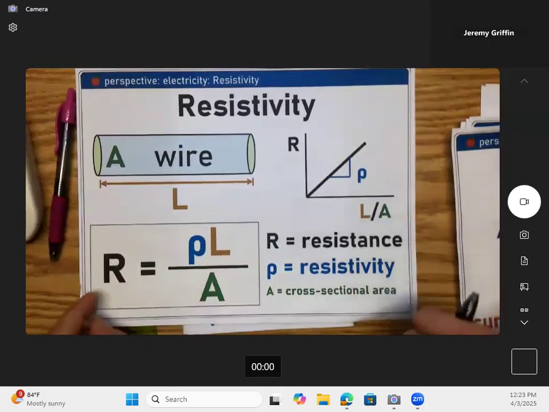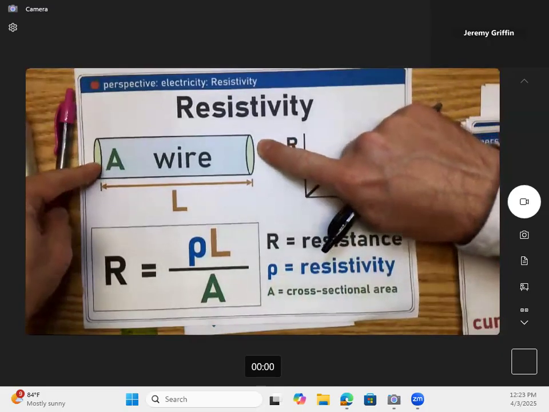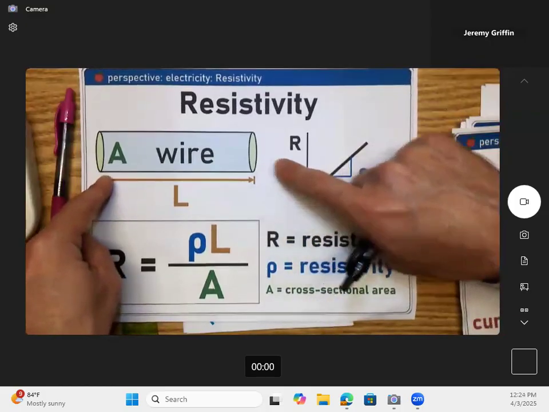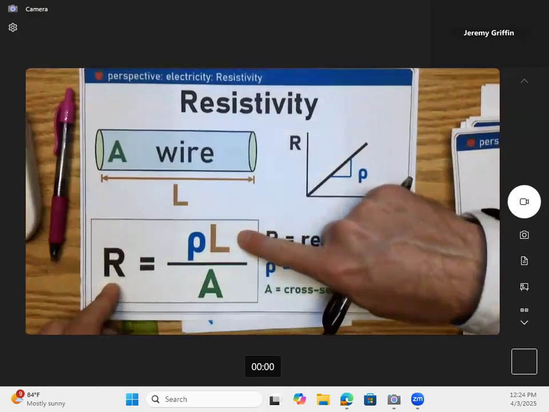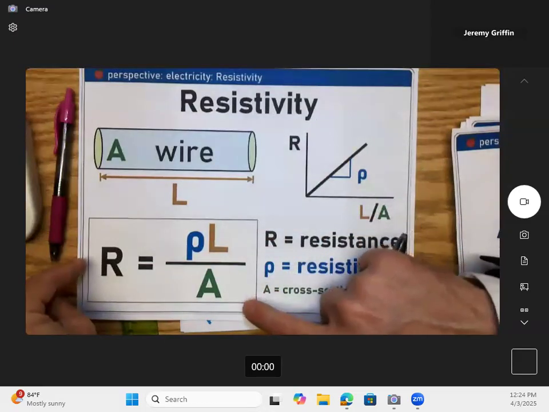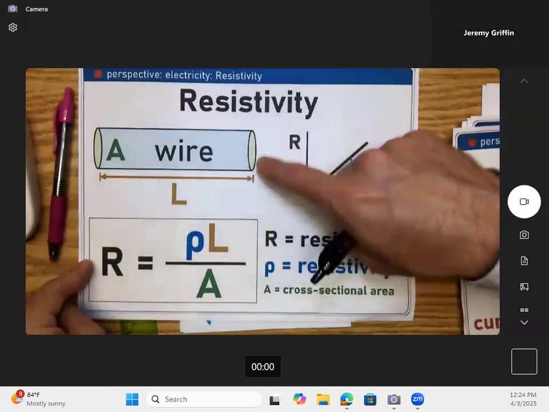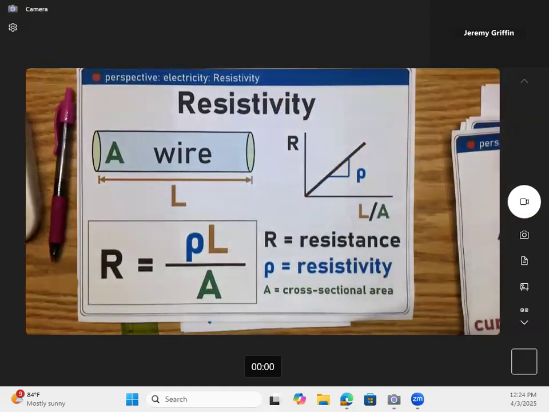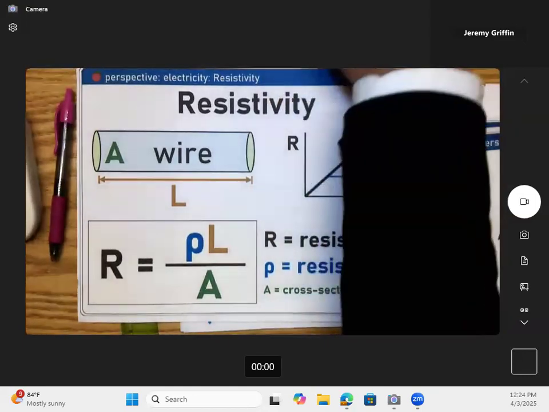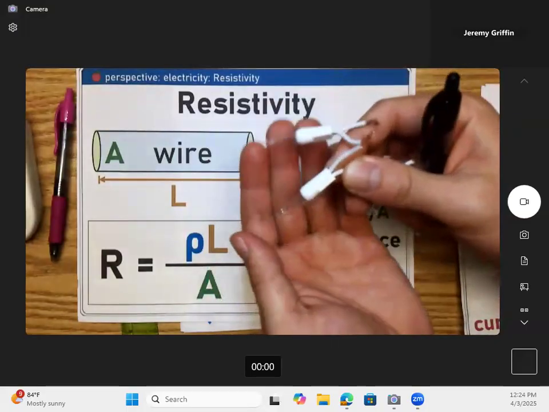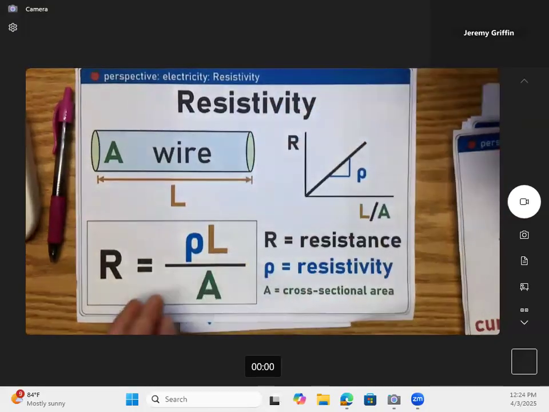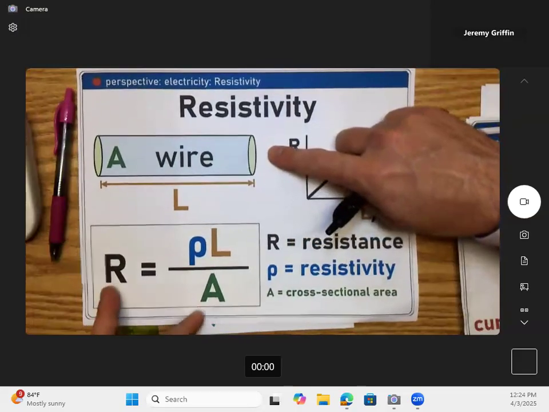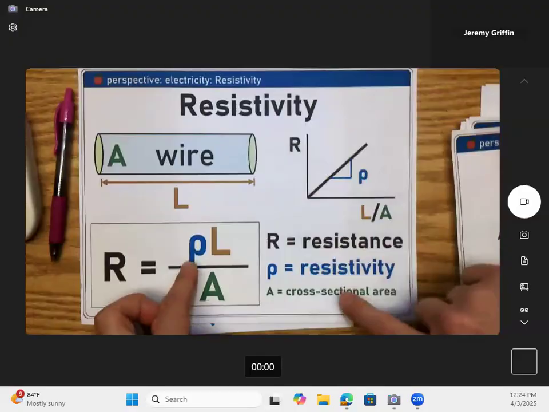So let's look at this formula. This formula says the resistance from end to end of a wire is directly proportional to its length. So if it's 1 kilometer long versus 2 kilometers long, twice the length is twice the resistance. The resistance is inversely proportional to the cross-sectional area. So if you have a thin wire versus a thick wire. Today in the Kahoot, you're going to see some questions about a light bulb with a thin filament versus a thick filament inside the bulb. That's talking about this cross-sectional area. The thicker the wire, the less the resistance. And then you have this resistivity